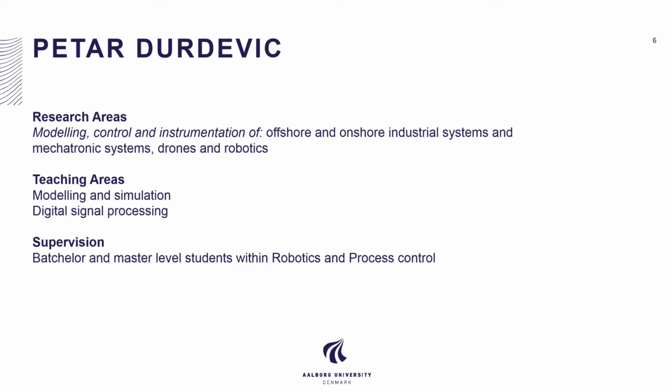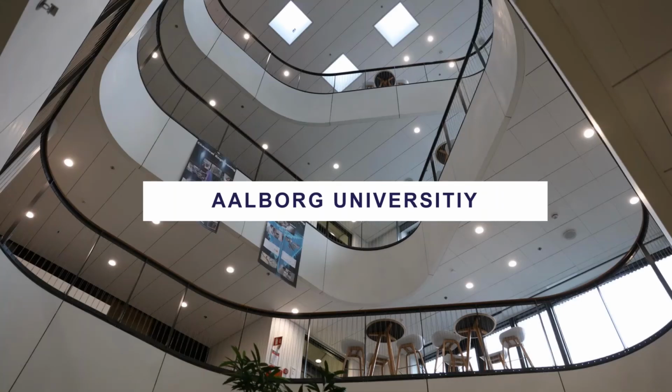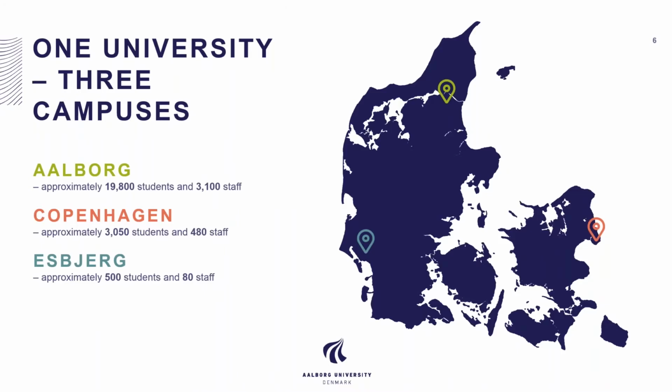So just shortly about where I come from, Aalborg University. This is a photograph I took today of our lobby just outside my office. We have this very fancy new building. That's good, one could say. Geographically speaking, we have 3 campuses. The main Aalborg campus is up here in the north of Denmark, north of Jutland. This is the main peninsula called Jutland.